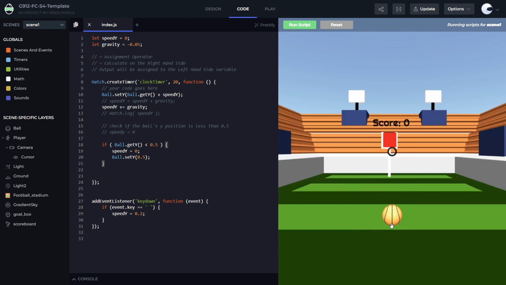So now when you run the script, you will see that your ball stands on the ground as it falls down. And you will notice that as you press the space key, you can bounce the ball up as well, because every time you press the space key, you are giving the ball a positive speed of 0.2. So anytime,